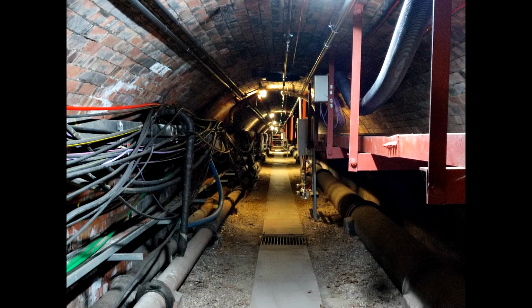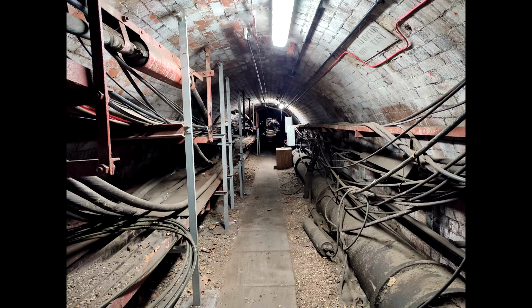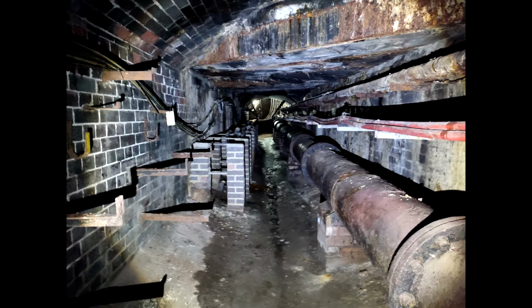And now we go along to the Aldwych utility tunnels. This is a large network of utility tunnels that run underneath the streets. On the major streets around Aldwych, such as the Kingsway Road, there's actually 2 of these utility tunnels either side of the road. Now if you see my previous videos on the Holborn Metro tram, this runs in the middle of the road at Kingsway,